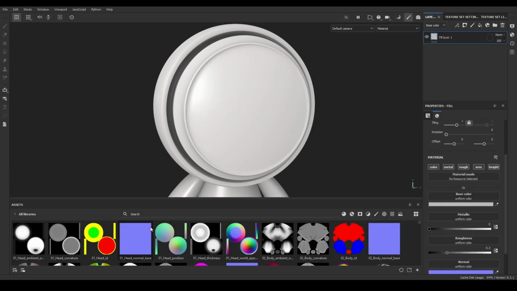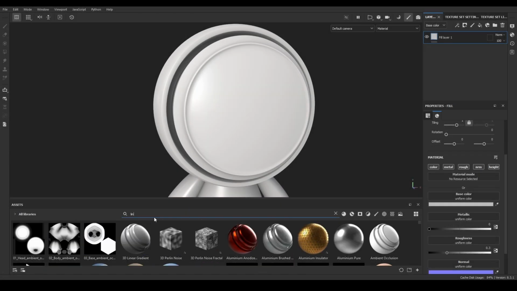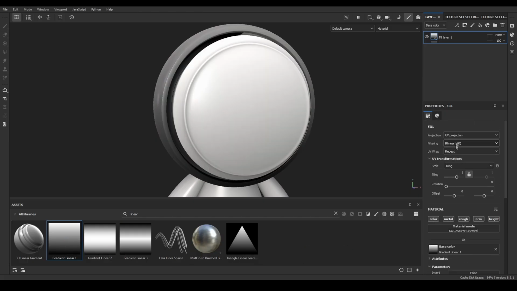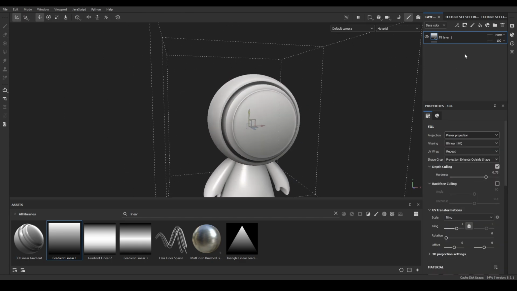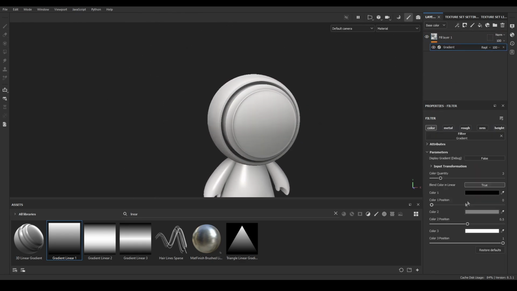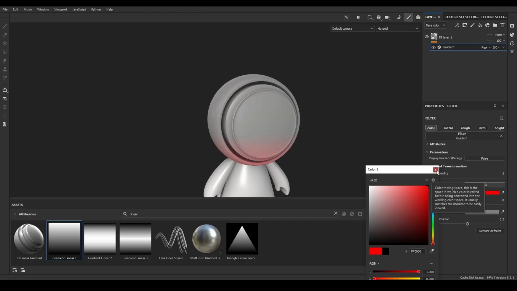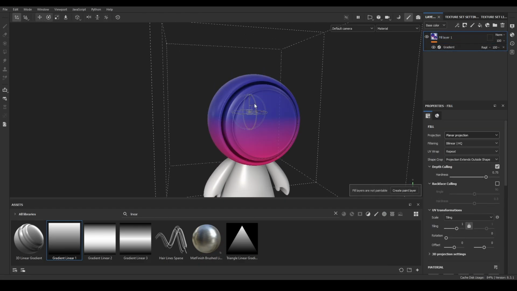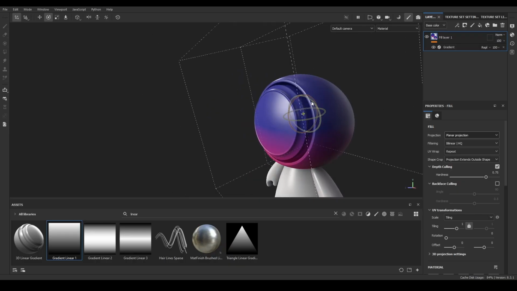Another way to use this gradient filter is to create gradients, as the name implies. There are other options to create gradients in Substance Painter, but I think this is one of the easiest and offers good control over our gradient. I just have to feed the fill layer with a linear gradient procedural texture and set the layer to planar projection. Then we will have a gizmo to move and rotate the gradient position, and by adding a gradient filter I can change the colors and size. This technique is very useful for stylized models, where this kind of gradient works very well.